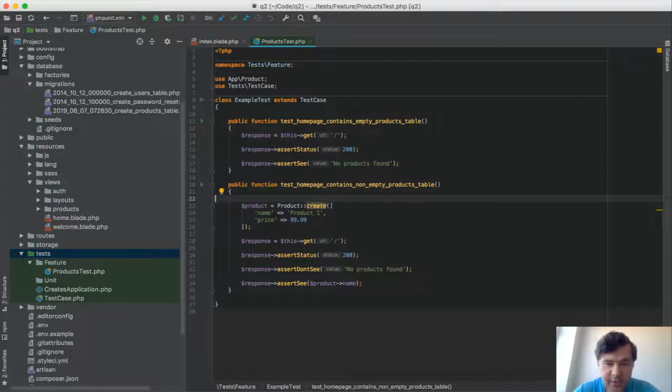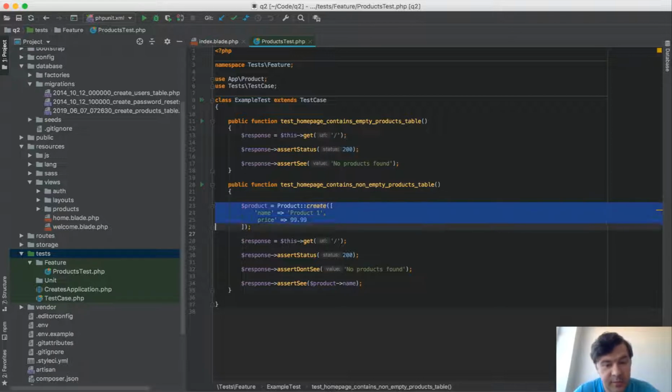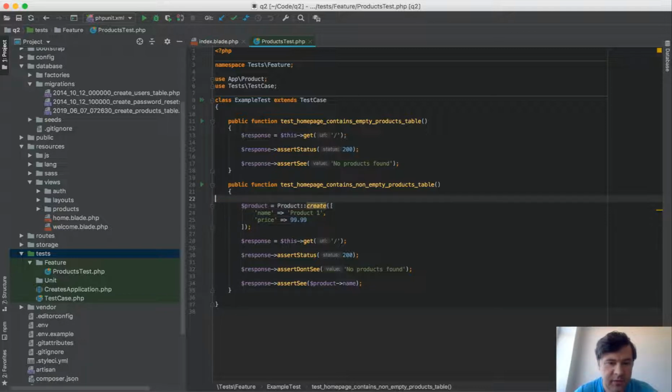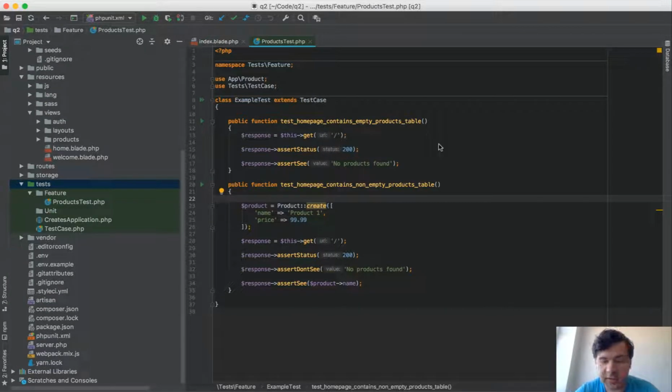But wait, this is an important thing. If we hit the database with any of our actions in the test, we should make sure that we are not playing with the real database, because you can basically corrupt the data, add some testing data which is irrelevant, or delete something accidentally. So first we need to make sure that we are running on a testing database, and there are two ways to do that. It's pretty common to run tests on a separate SQLite database, which is part of Laravel and part of Homestead, which I'm running on. So if you want your test to use SQLite, you go to a file called